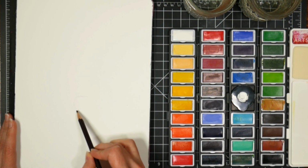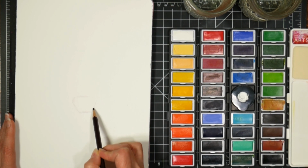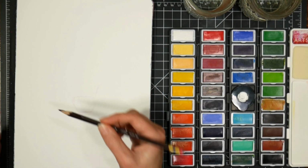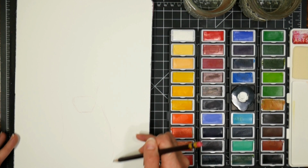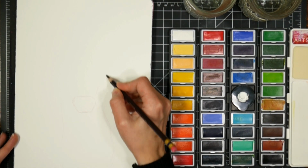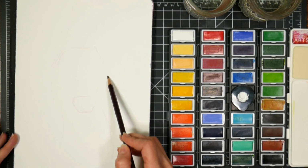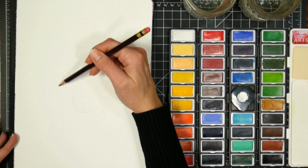I'm going to start with the nose and just kind of get that basic, almost like a trapezoid type shape. Hopefully that's dark enough for you to see it. I'm going to make my lines darker. I just want to make sure that I've got them exactly the way that I want them first. I really want this to be almost like a kind of cute storybook type illustration style picture. So that's what I'm going for here. It's not how I typically work, but I've had the urge to do some really kind of cute